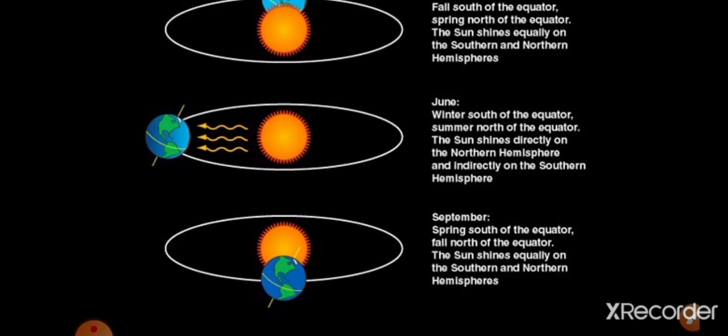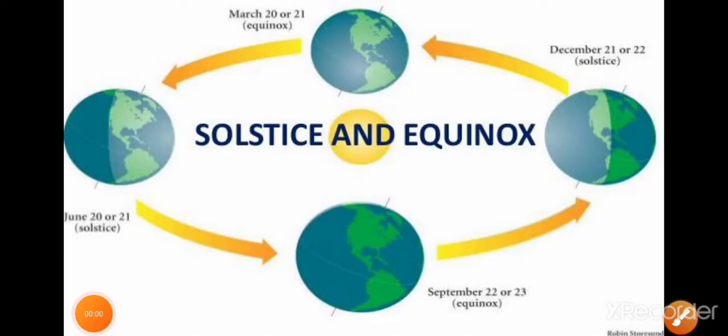Okay, so the sun shines equally on the southern and northern hemispheres. That is why the equatorial region receives an equal amount of sunlight, meaning almost equal days and equal nights. So these phenomena are also known by different names. Let us check what they are. Yes, in this picture you can clearly see the solstice and equinoxes. These are the two phenomena